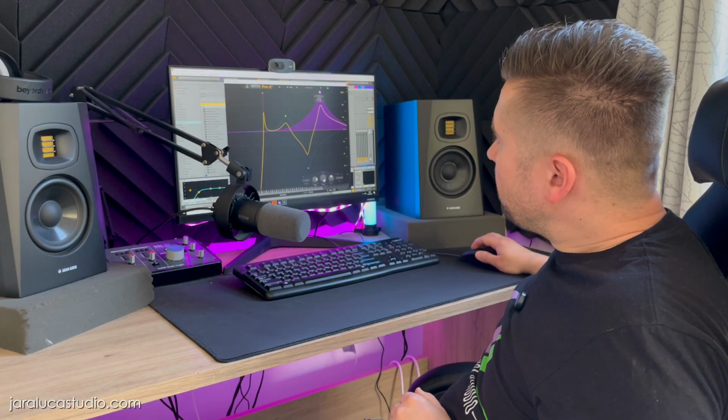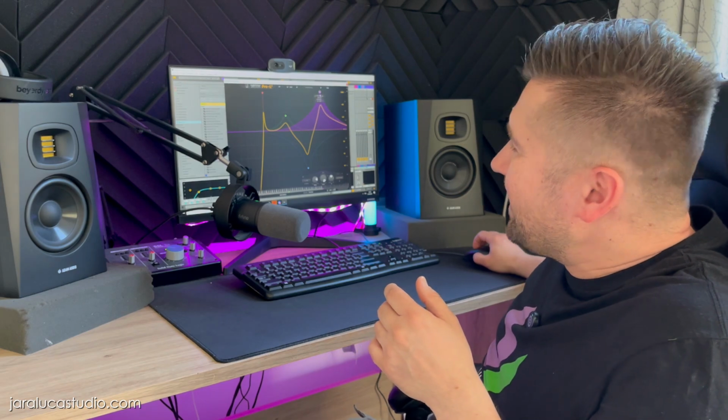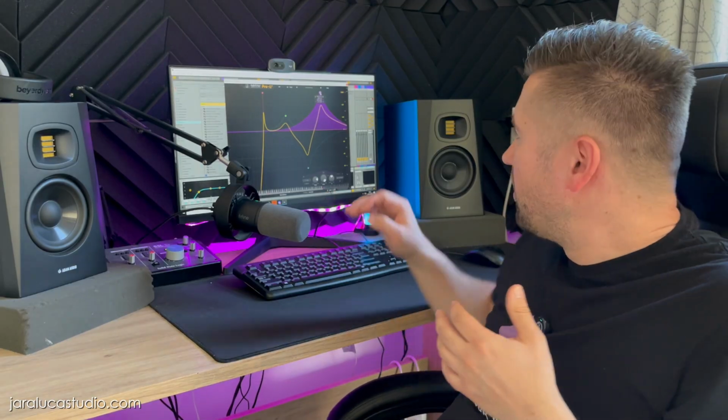And if you do it wrong, you will boost some frequencies really drastically, and they are going to mess up your mix. And if I see this kind of EQ, I just tell them to delete it and make it again without this kind of thing. It's never going to be good.